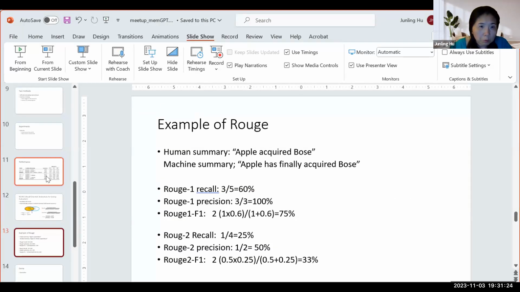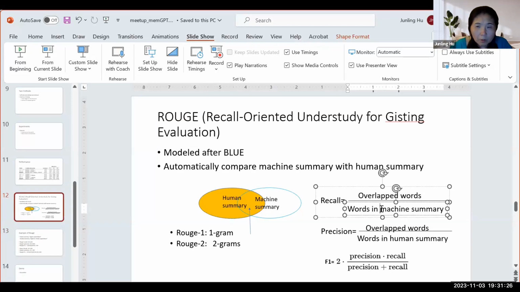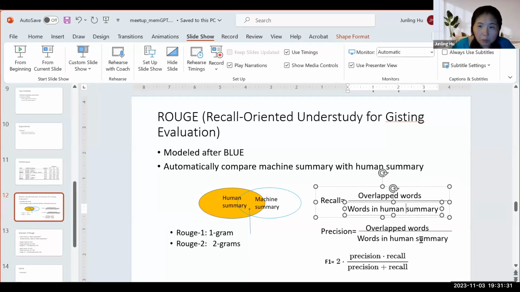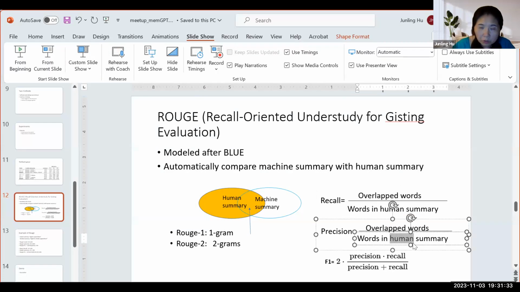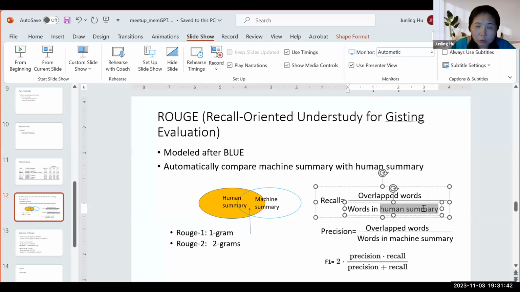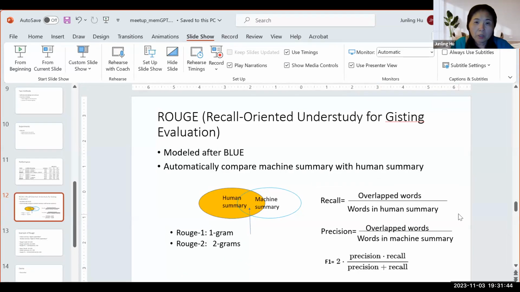Depending on how you define ground truth, here the human summary in our case is the ground truth.